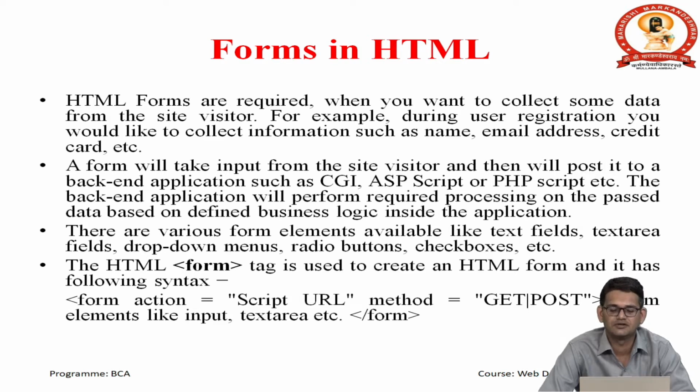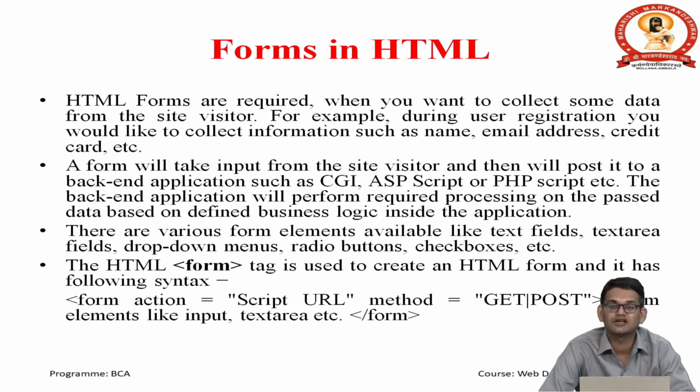Then there are the radio buttons. So radio buttons are basically used to choose one option from multiple options, like gender, male, female. So a user can select only one option from these multiple options, right. Next one is the checkbox. So checkboxes are used to select multiple options from the provided options. Like in radio button the user can choose only one option, like gender, male or female. So the user will select male or female.